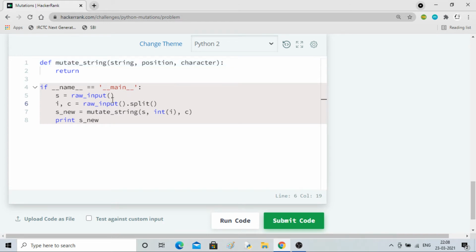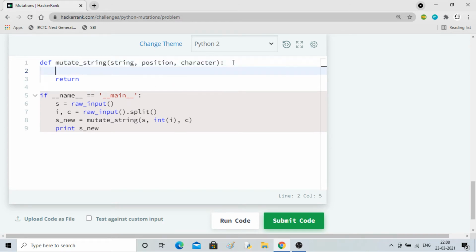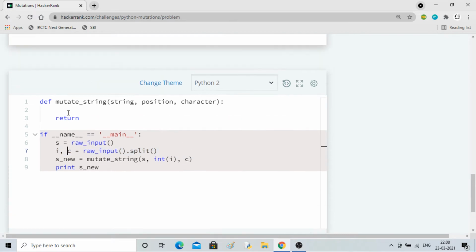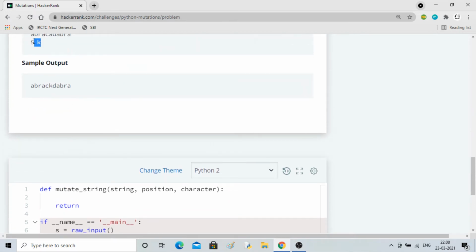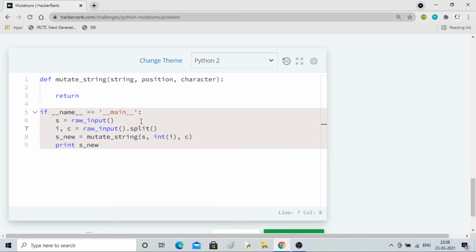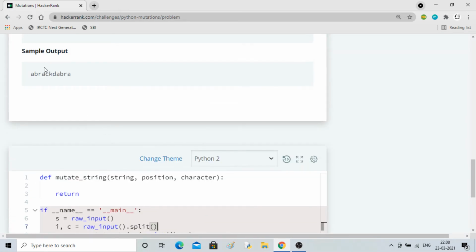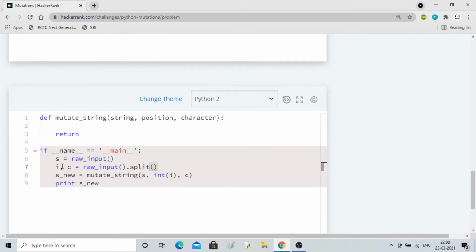Let's see what all things are given to us. Here you can see we have to write it in the form of a function. We are taking the string, the position and the character. Here we have taken the string, then we have split the input by space, and it has been stored in i and c.